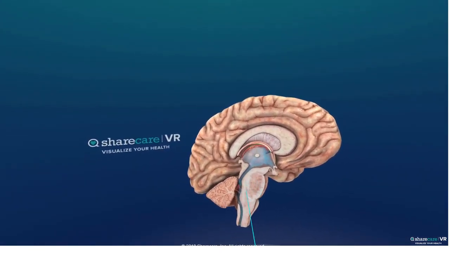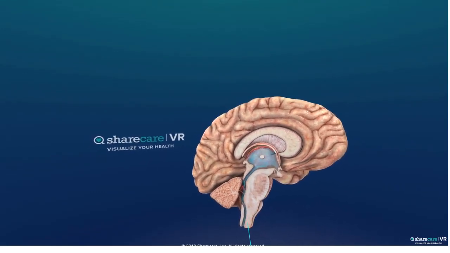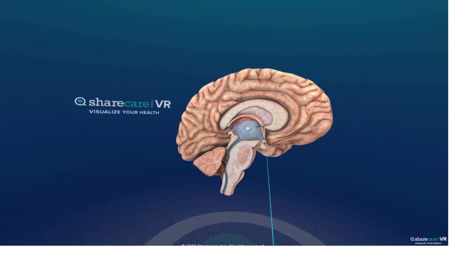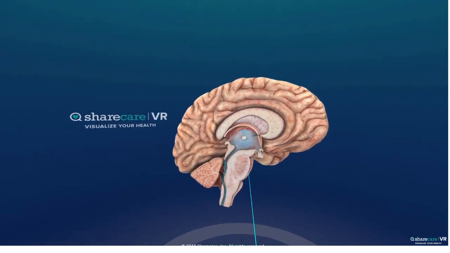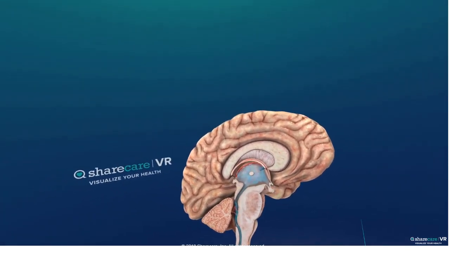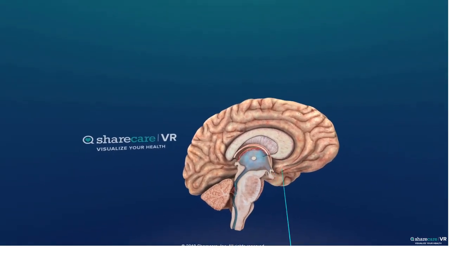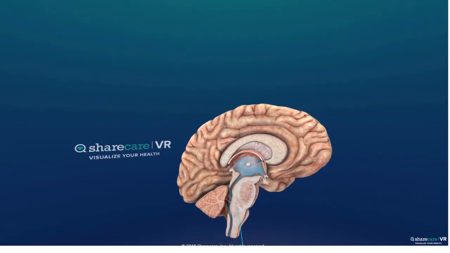And here we have the pons, and inferior to the pons is the medulla oblongata. So that gives you a little brief overview. We've got the pituitary gland here and the optic chiasm here. So that gives you just a little brief overview and what you will see midline when you're looking at the